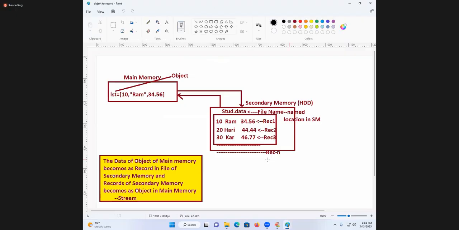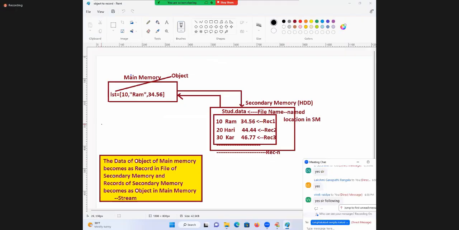See that definition of file I am coming to. What is this data called? A list object containing 3 details. That is going to become what in secondary memory? Student data. Any file name you take, .py, .cpp, .java, like that you take student data. It is my own way to take the extension. Student is the file name, .data is the extension. Extensions make us understand what it is. Data of what? Student.